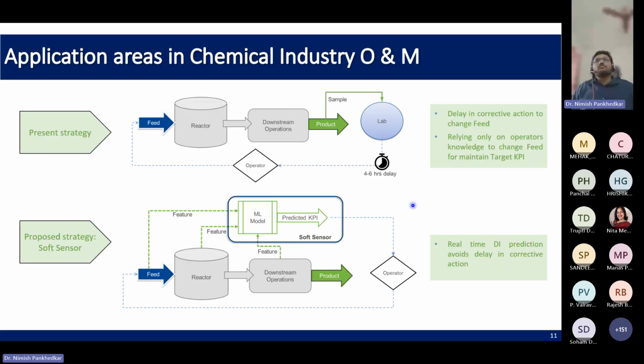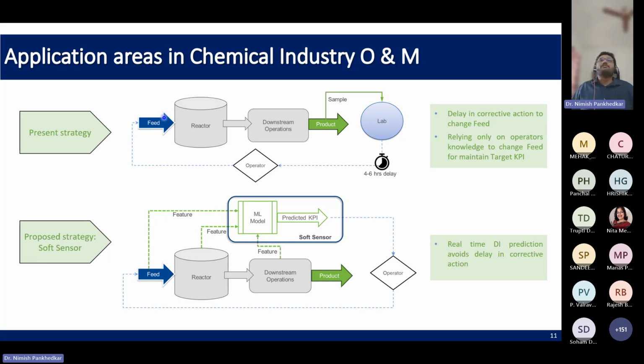So I'll just give an example. Whatever I discussed about soft sensors, I'll just try to walk you through. Instead of discussing the case study in the evening session, where we'll go into more details, I'll just give you a gist of what exactly soft sensors are. Most of you would be familiar, but for those who are new to this area, let us say